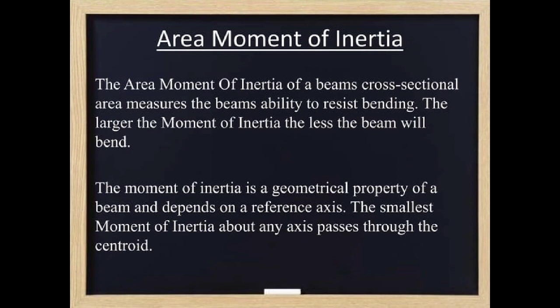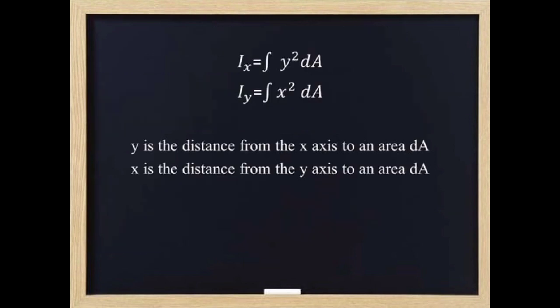Now we will calculate the area moment of inertia. How can it be calculated for an arbitrary cross section like the one shown here? The first thing to note is that the area moment of inertia is not a unique property of a cross section. It quantifies the resistance to bending about a particular axis, and so its value changes depending on where we place this reference axis. We can approximate the area moment of inertia of a cross section by splitting it into